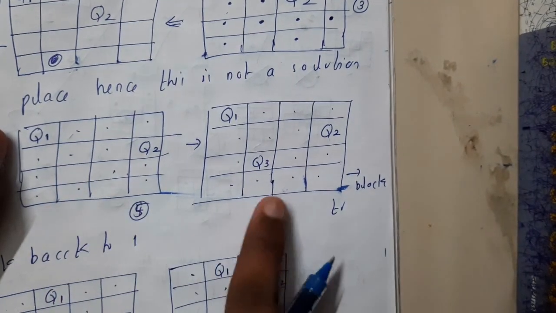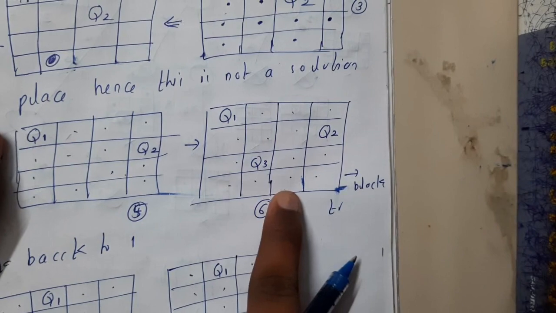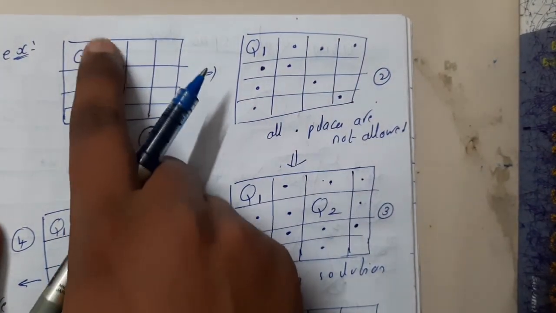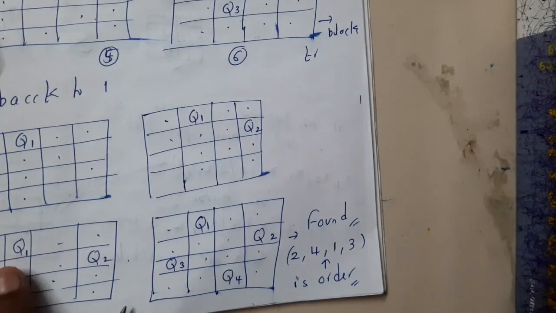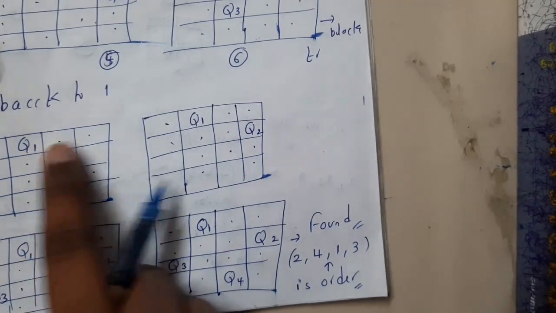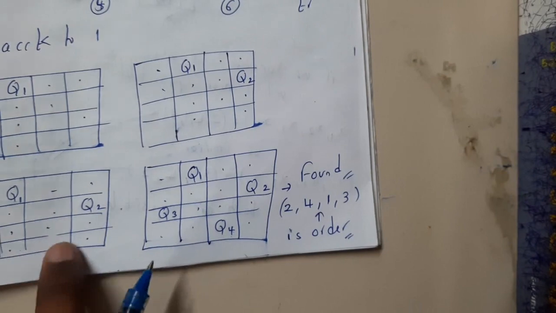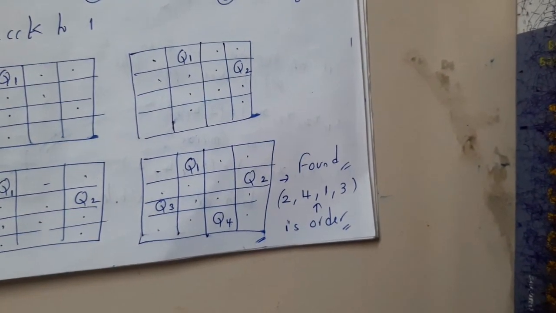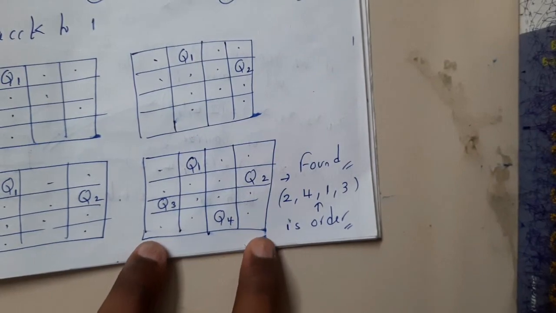But here you noticed that after you place it here, this place is blocked. So again you moved back till here. So here we have a chance that we can place q1 beside it. So we placed q1 beside it and we continued. We continued to all possible solutions and we found a solution. Okay, so I hope everyone got a clear idea of how we have found it.